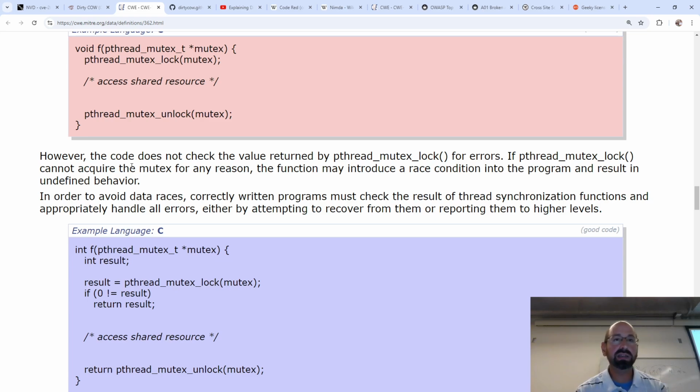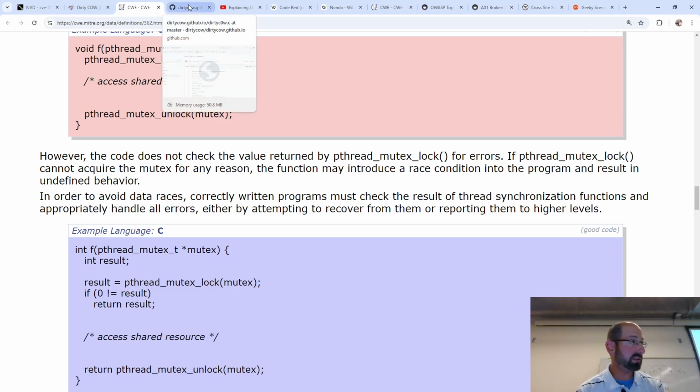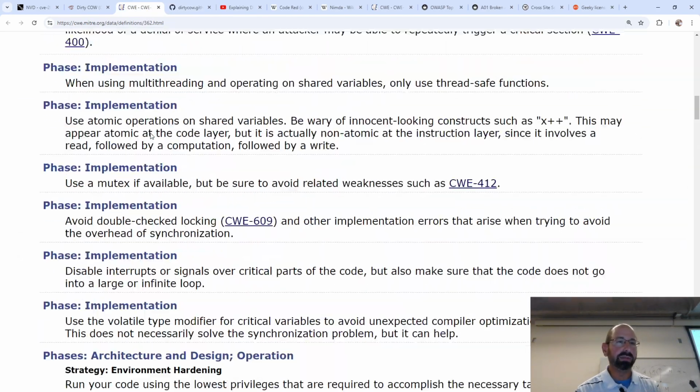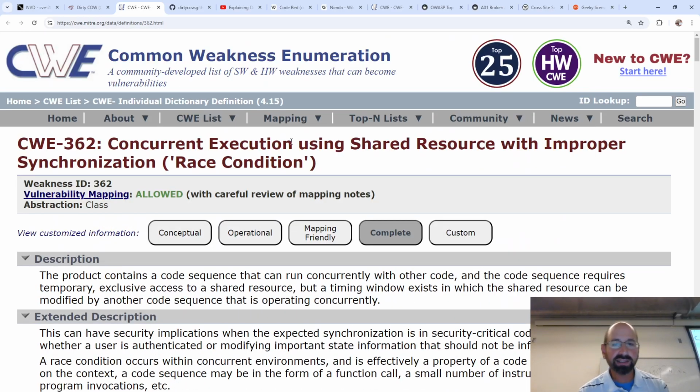There's a little bit of non-determinism in a system. We cannot always guarantee the relative ordering of the code that we want to run in some particular order if they are launched concurrently. And so all sorts of bad things can happen due to race conditions. That is why there is a CWE for concurrent execution using shared resources with improper synchronization. Two threads go off in parallel. We always assumed one finished before two. Usually it happens, doesn't always happen. When they happen in the wrong order, bad things happen.